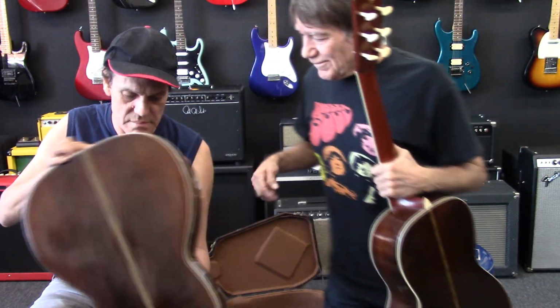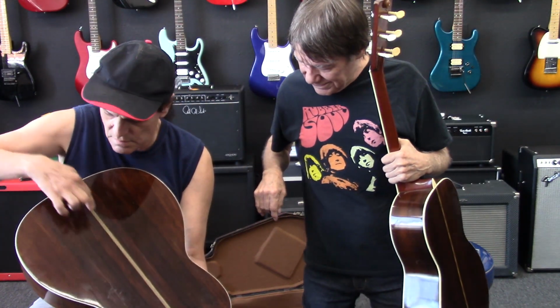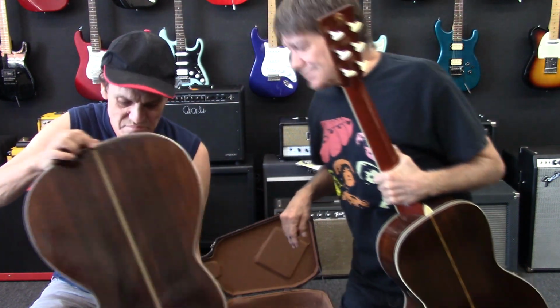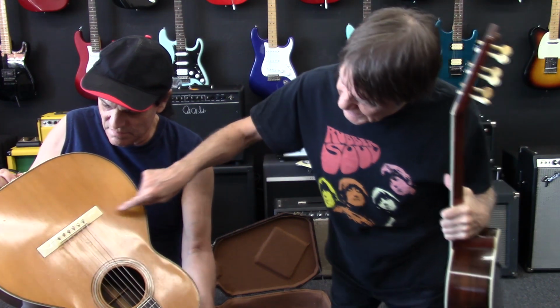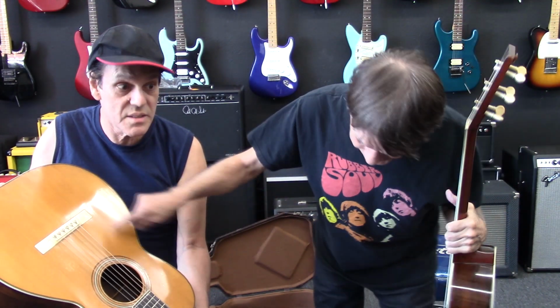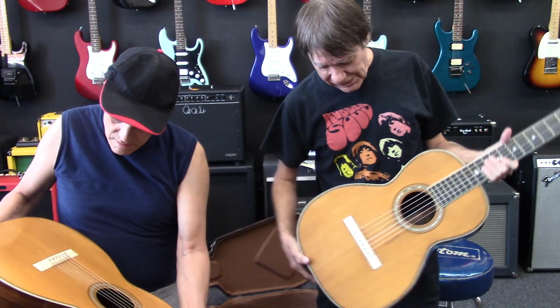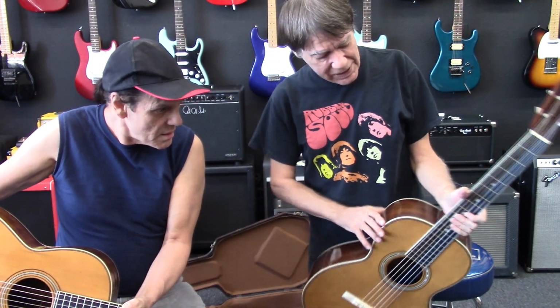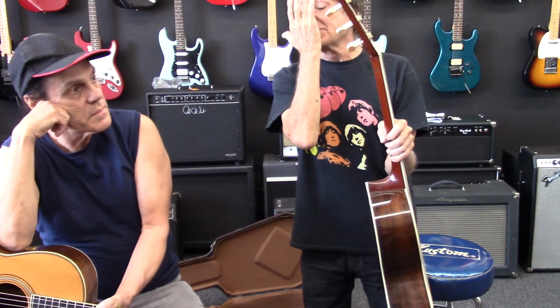So this is herringbone trim, nice. See that stripe in the middle? Yeah, ivory bridge, real ivory when they were able to get it. These aren't actually mastodon, but I have a friend that makes bridges and everything out of mastodon ivory. I bet that's cool. Pricey. Yeah, and this is 1895. It's actually in better shape. It's an ivory bridge. It's all ivory binding, ivory everything, and ivory friction tuners